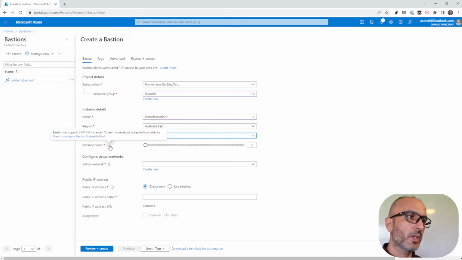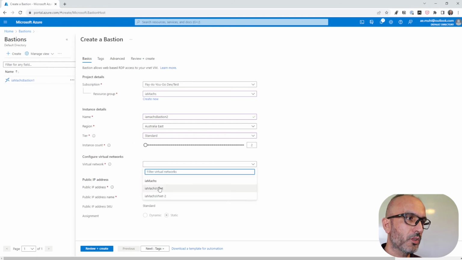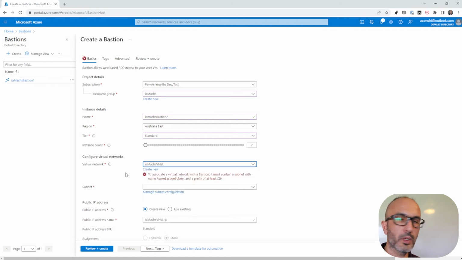This is where you could actually spin up or provision more than one VM to act as the Azure Bastion if you have a heavy load and a lot of work on your virtual machines, and you are thinking that all this load on one VM is not enough. So you could have more than one instance, and you could change that here. For now, we'll pick the standard tier, and now we'll need to pick the VNet that we want to host